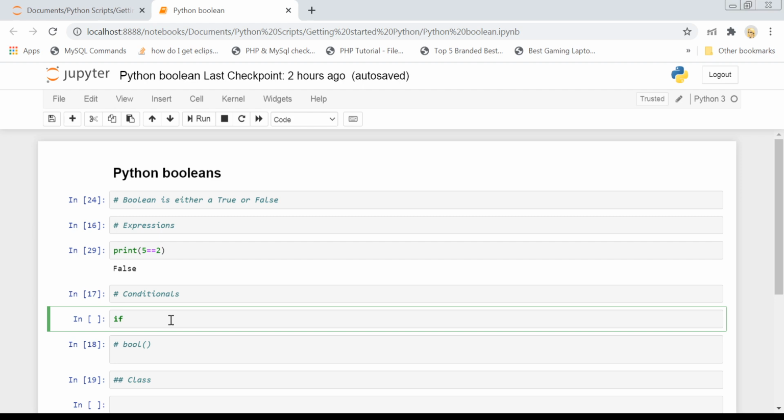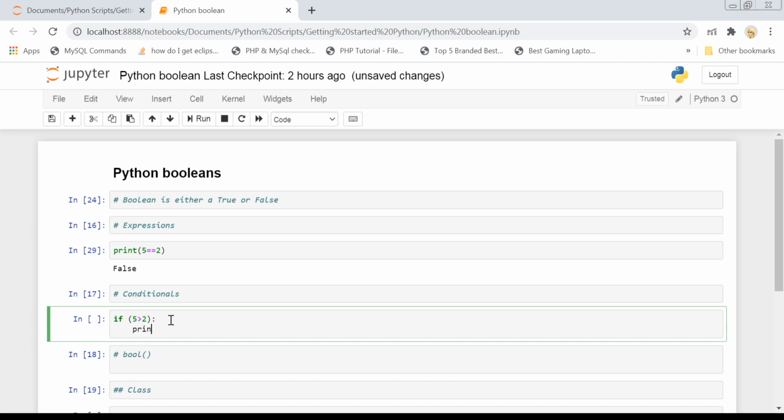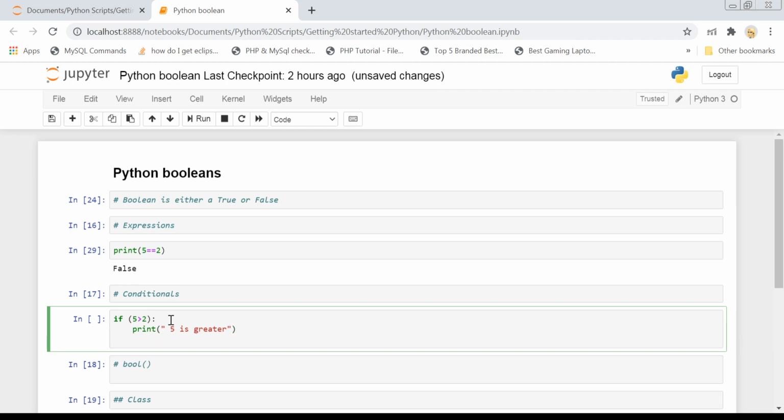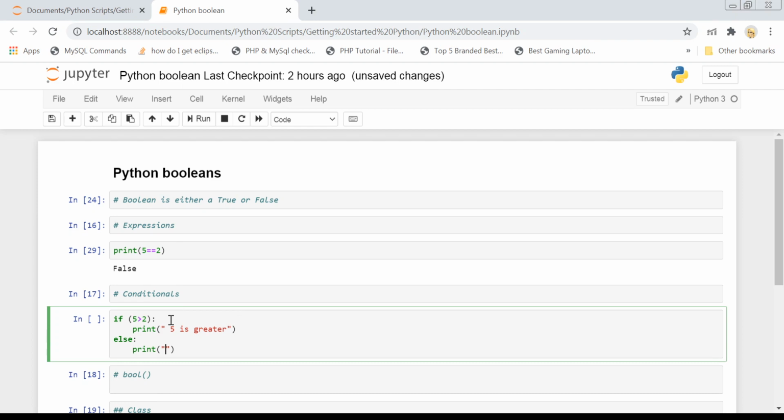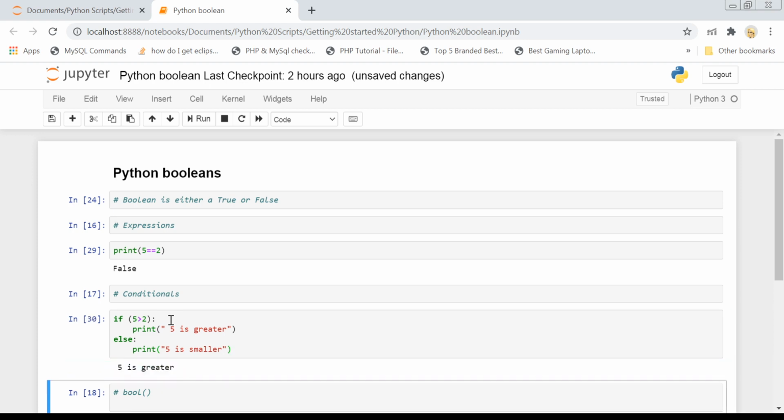For example, if 5 is greater than 2, then print 5 is greater, else print 5 is smaller. If I execute this statement, I will get that 5 is greater.